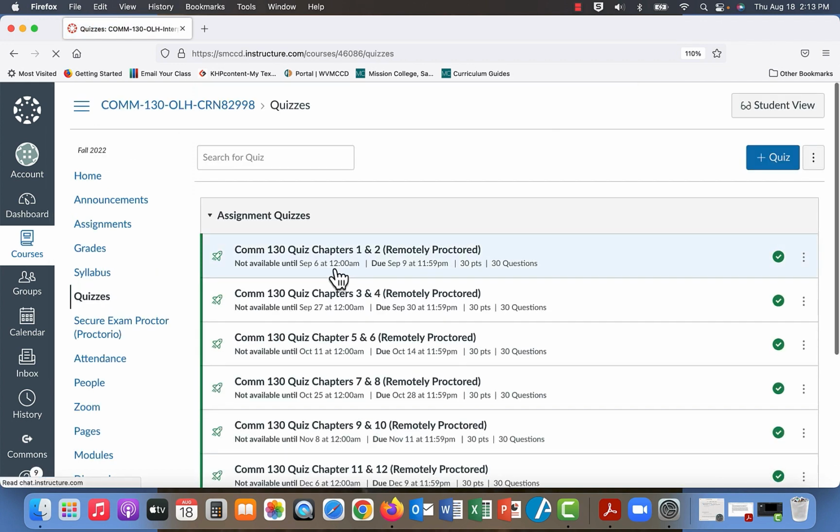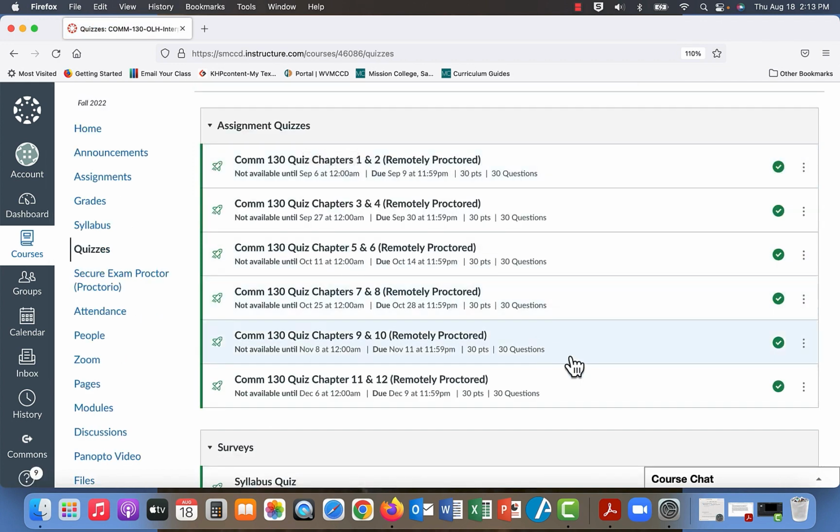You'll have all your quizzes. Usually they are 2 chapters at a time. The reason I do 2 chapters at a time is because I think it's a much more manageable workload for everybody. It allows you to stay focused, and it allows you to contain information in short bursts. Each of your quizzes covers 2 chapters. They're true/false, multiple choice, maybe some matching. They're 30 questions. Again, everything's on the study guide.